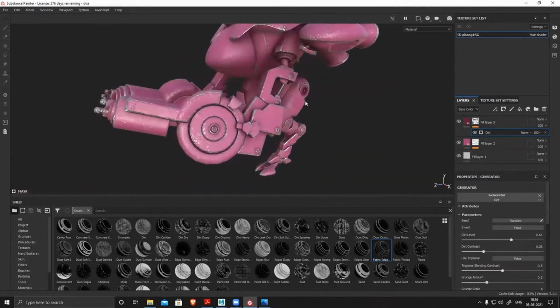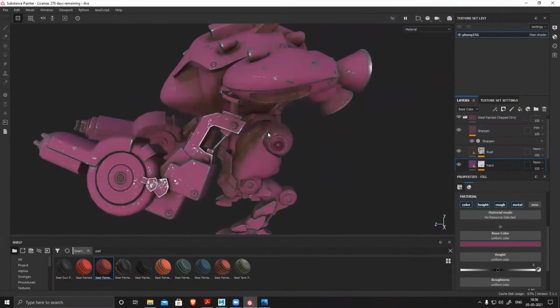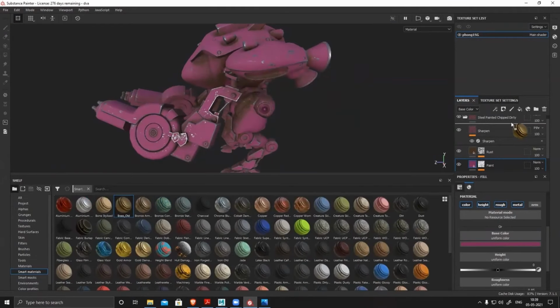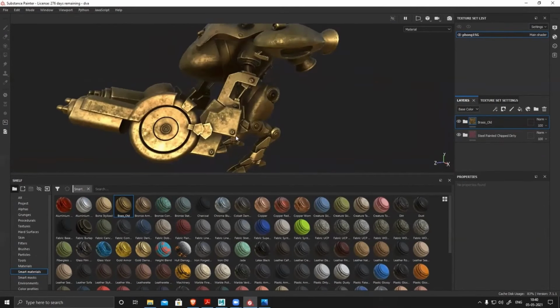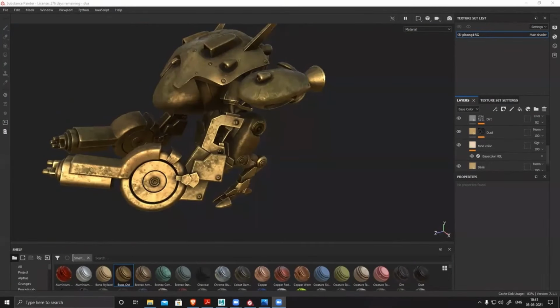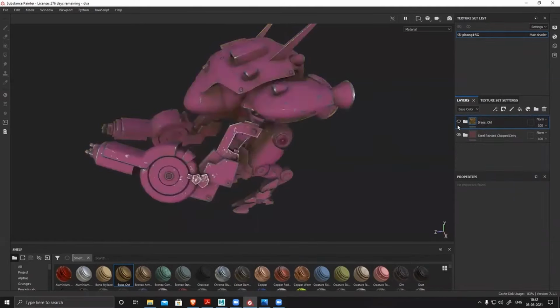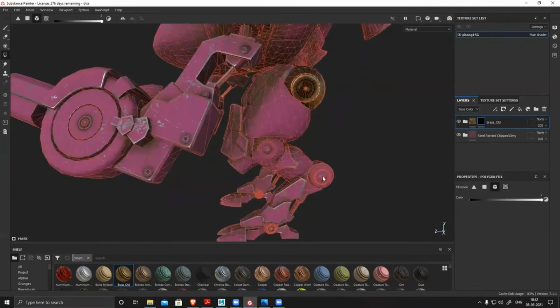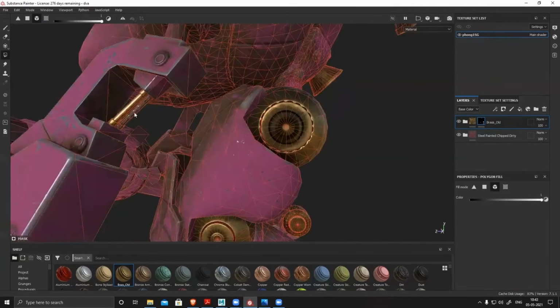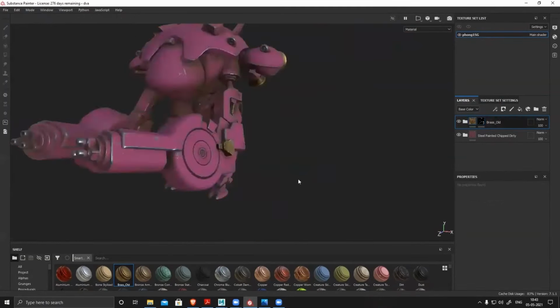On top of that I'll add another dirt layer, add some dirt, and I need to add some paint. You can see there is a preset of paint, steel, metal, and there is a brass, so I use those presets. And this particular brass material I have downloaded from Substance Share, and this looks pretty nice. It has a lot of details, a lot of information in your color map, in your normal map, in your roughness map. So I'm going to apply it in a couple of areas, and mask it out.